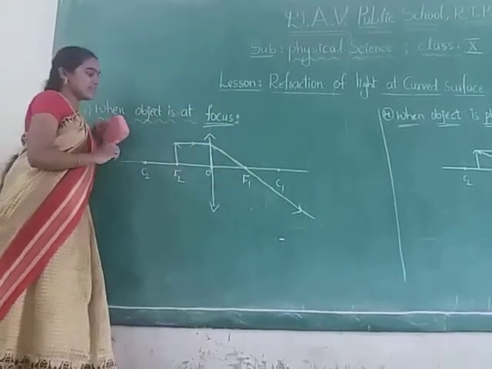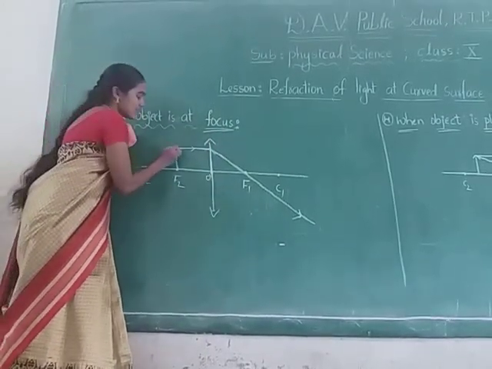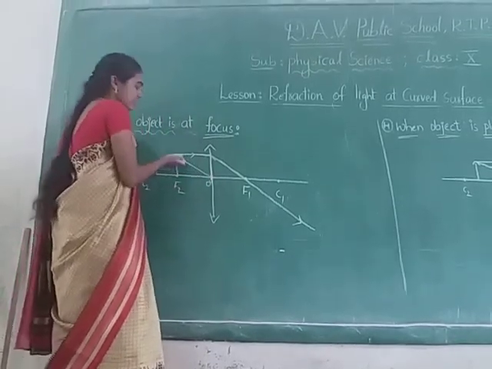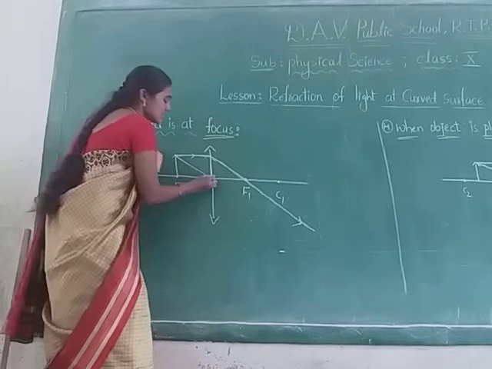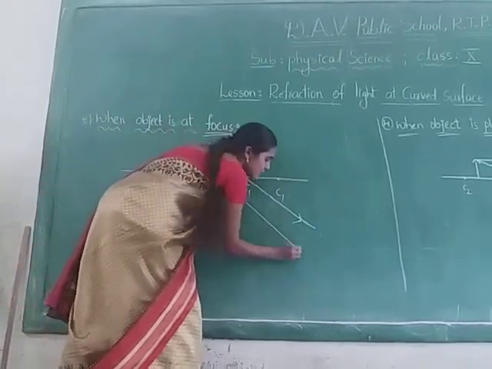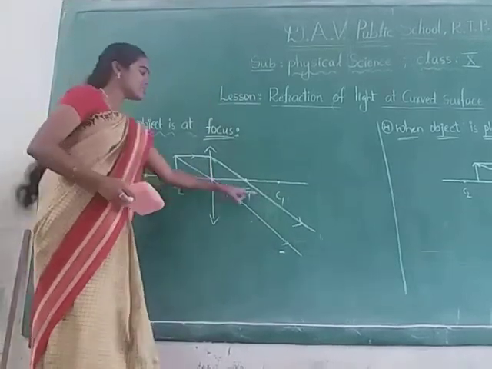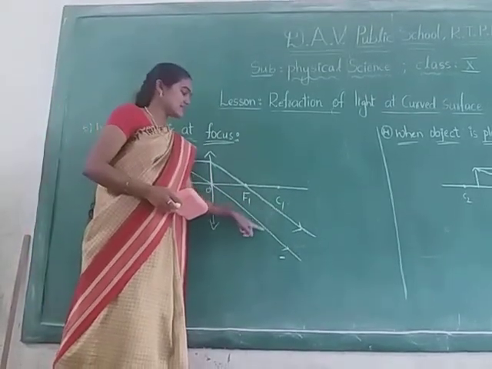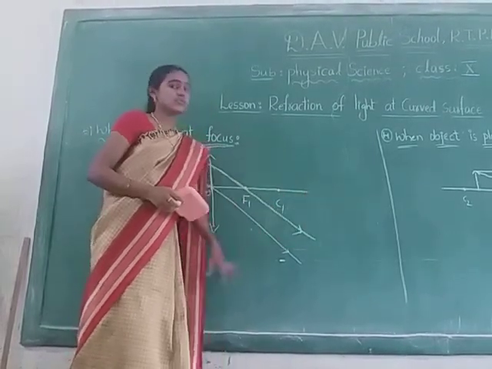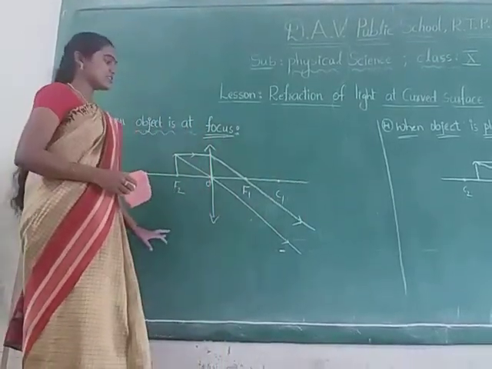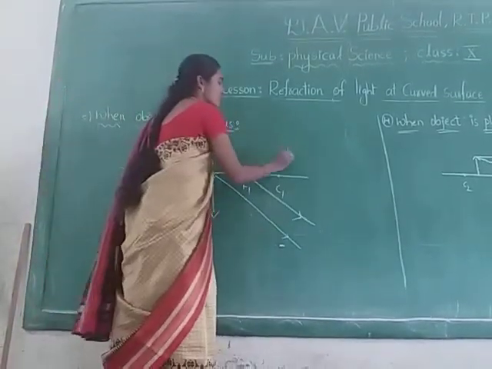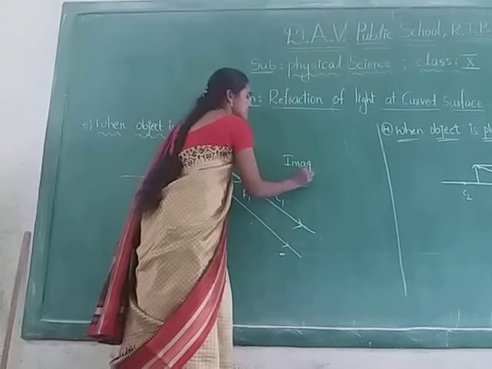And the second ray, we are going to take that light ray passes through the optic center. We know when a light ray passes through the optic center, then there is no deviation. It must follow the same path. If we observe, these two are parallel rays. So if we go on extending these parallel rays, no intersection takes place. They do not intersect each other. But we will observe that the image is formed at infinity.